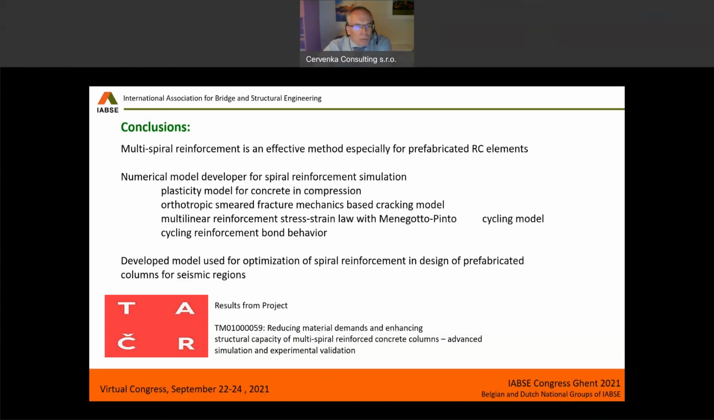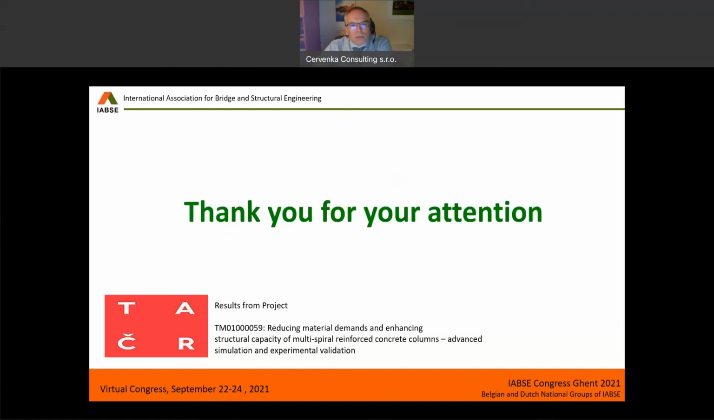So the developed model is used for the optimization of the design of the spiral reinforcement for prefabricated columns, mainly for seismic regions. So with this, I would like to thank you very much for your attention, and I'll be